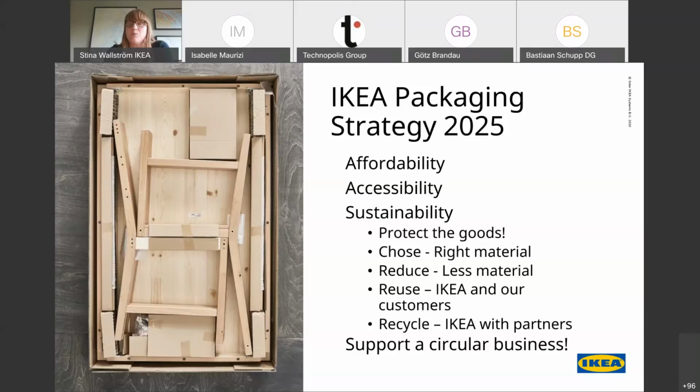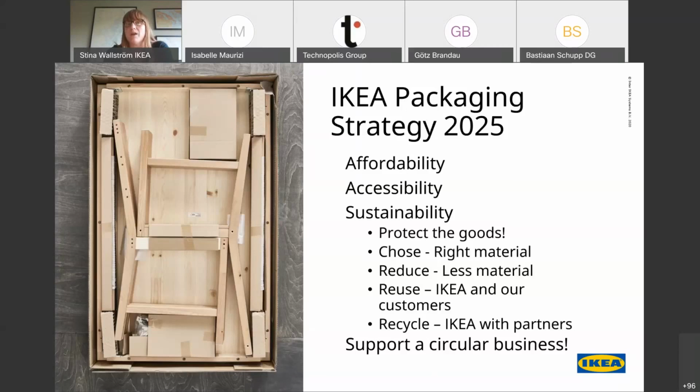What is a little bit more new to us is the reuse. We are developing a couple of concepts right now where either we at IKEA or our customers will be able to reuse the packaging. I think that this will be more and more important in the future. We are used to selling in brick and mortar shops in our big blue boxes.